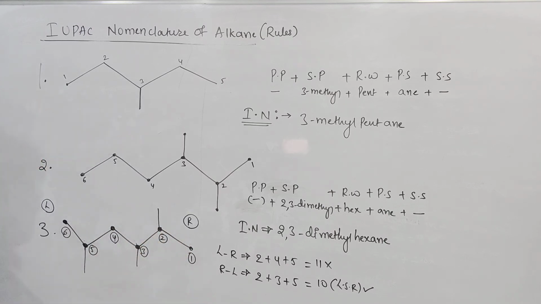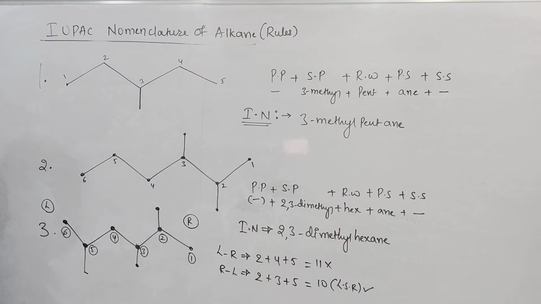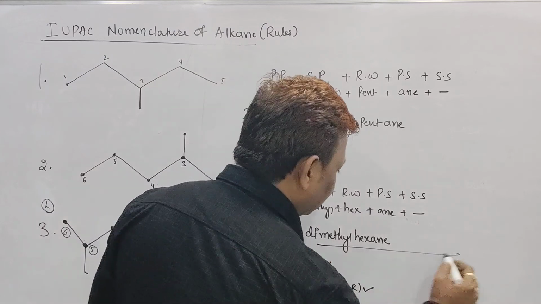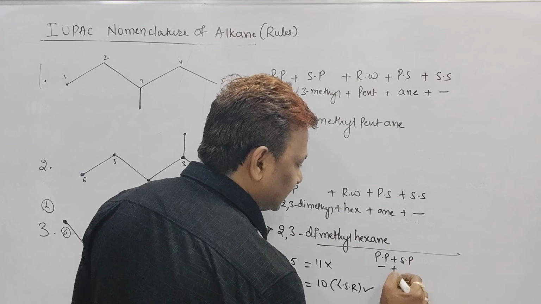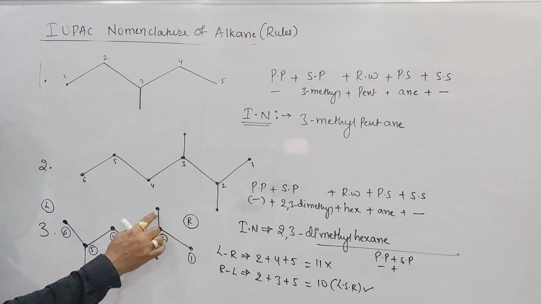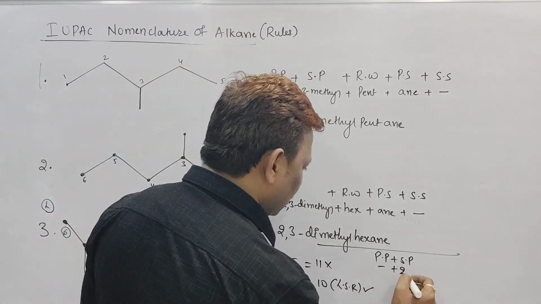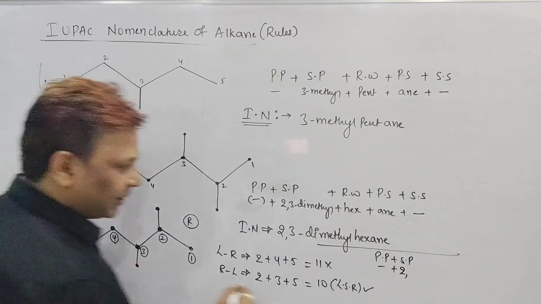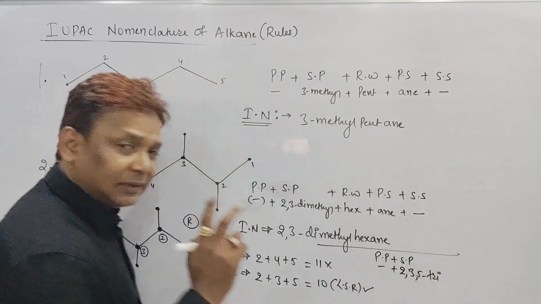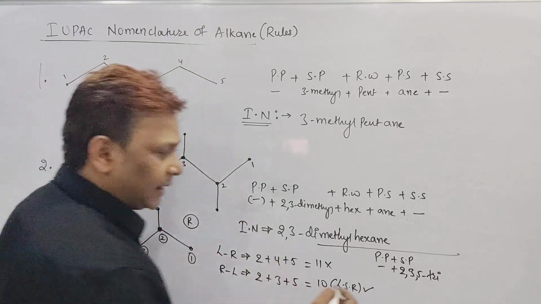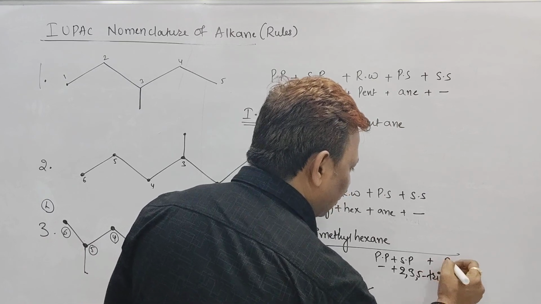Right, sir? Now which is the substituent, beta? Methyl. Here methyl, here methyl. Chalo, we try the skeletal structure here, beta. Sir, are you having any primary prefix? No. Are you having a secondary prefix? Yes. What is that, beta? 2 methyl, 3 methyl, 5 methyl. So I can say 2, 3, 5. Beta, methyl is repeating 3 times, so we should use trimethyl. 2, 3, 5 trimethyl plus root word.